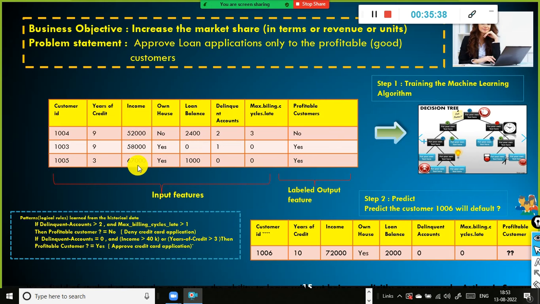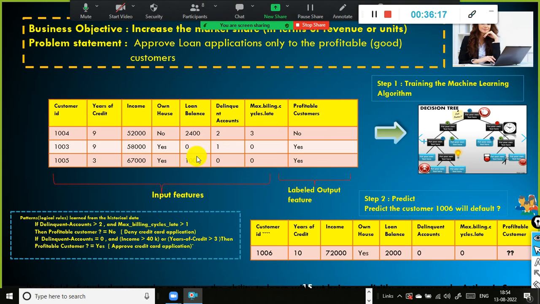And this guy's salary is more compared to this guy, and he's also owning a house, but he's already having a loan, 1,000 rupees or something like that. But compared to his salary, though he is having a loan balance, still we can offer him a loan. It doesn't mean somebody is having a loan balance, we will not give the loan, right? Still we can go ahead and give the loan. So likewise, look here, this person has no loan balance, and his income is good, and this person's income is much better than this guy, but he's having a loan now. He took a loan, but his loan amount is not so significant, right? Very less. Still we can go ahead and give them.